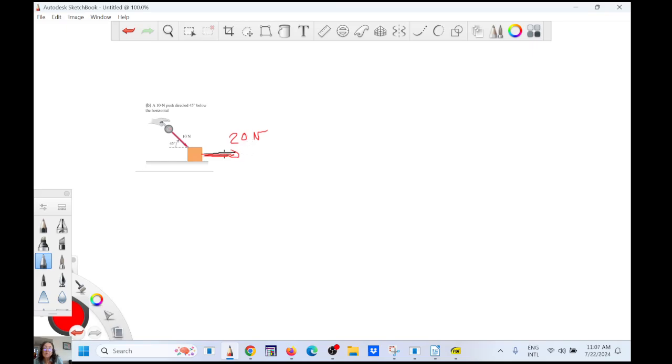Someone is pulling and this one is kind of pushing. So again, you have two components here, y, and we say no friction. We're not going to make it more complicated. So along the x-axis, you see that 20 minus,